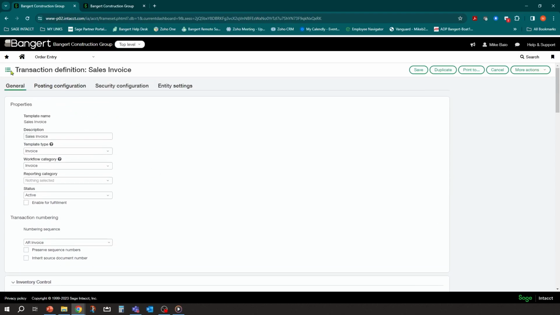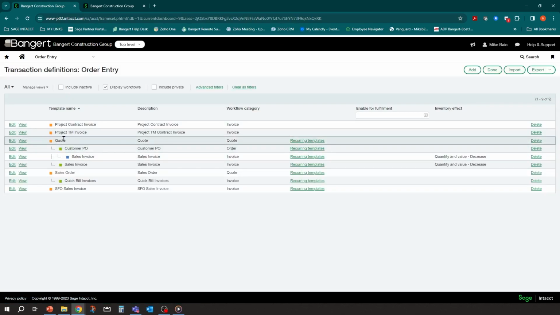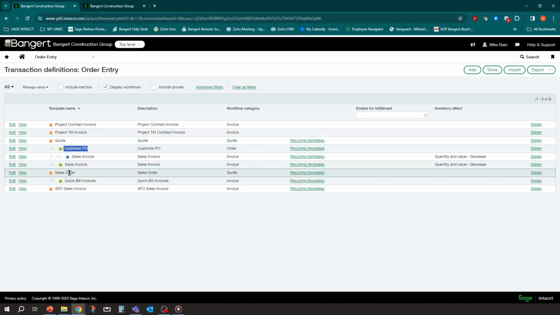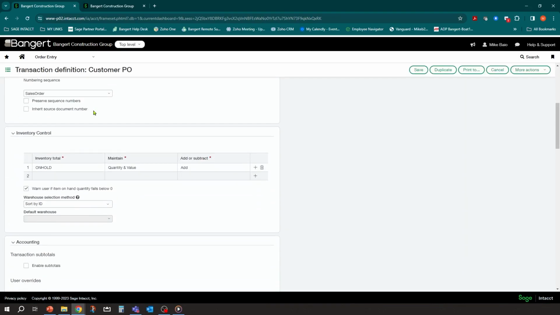So if I go back and in my, let's say, quote or customer PO, once the customer signs off on this or a sales order is created, we want to put that inventory on hold. We don't want somebody else selling it. So you'll see here when that is posted through, we want to add to our on hold so that it gets reserved.